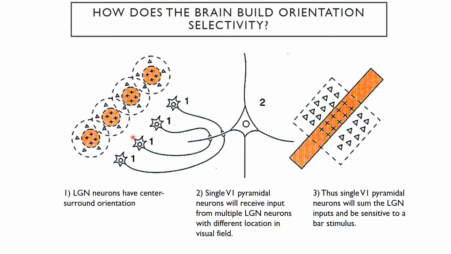Okay. Neurons in the LGN start to converge on pyramidal neurons in the fourth layer, where they receive multiple inputs from different LGN neurons. And this is where bar selectivity now starts to emerge. These neurons project to multiple different pyramidal neurons, but the way that they are organized is that any given pyramidal neuron will receive input from multiple LGN neurons, which will now produce an emergence of bar selectivity. So if you take these separate center surround orientations of these different LGN neurons and you let them add up onto a single pyramidal neuron in the cortex,